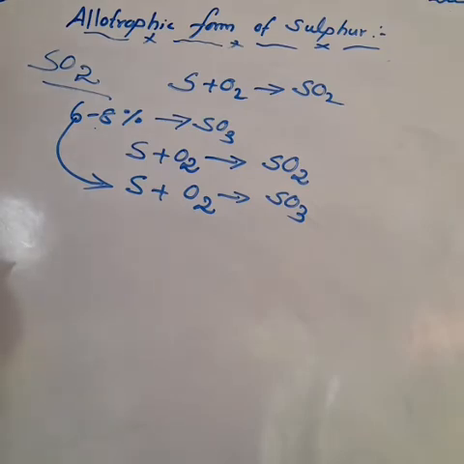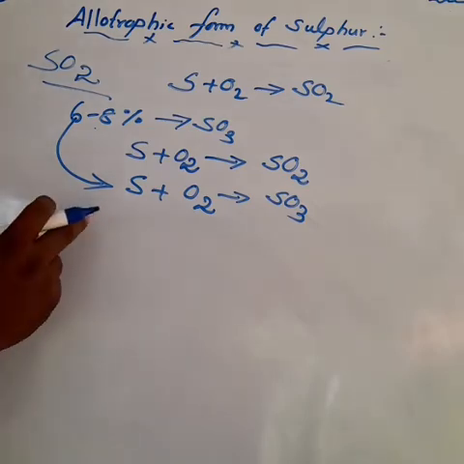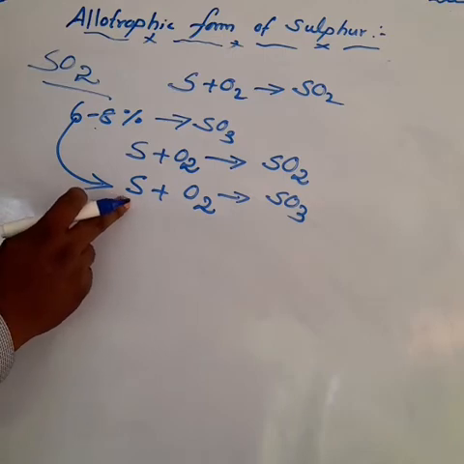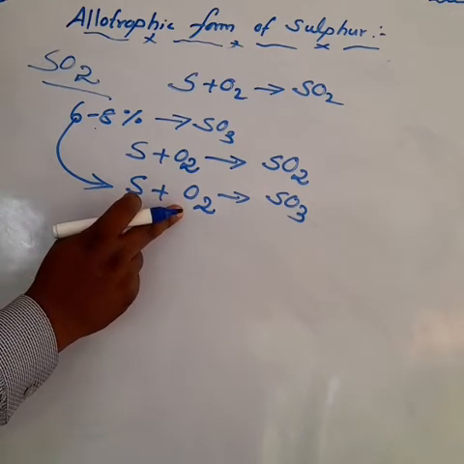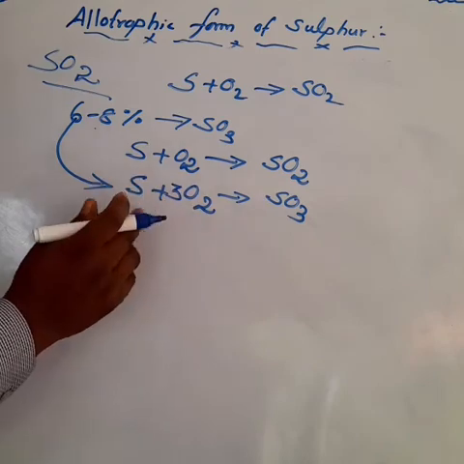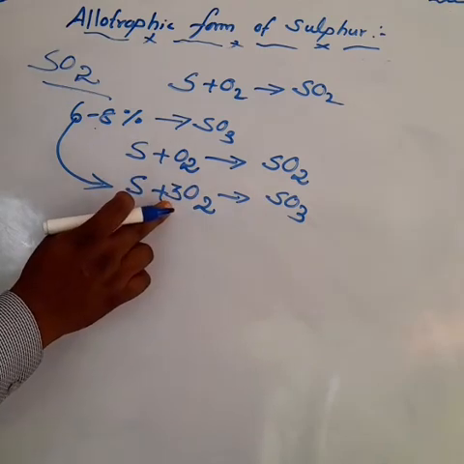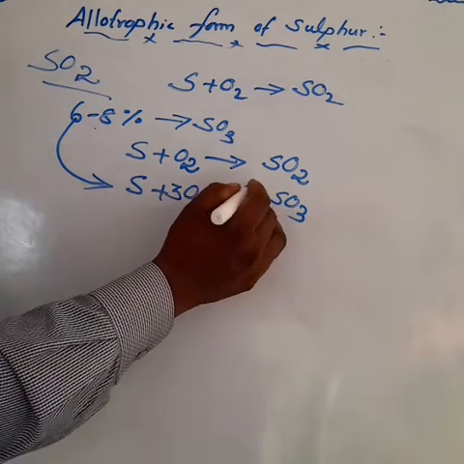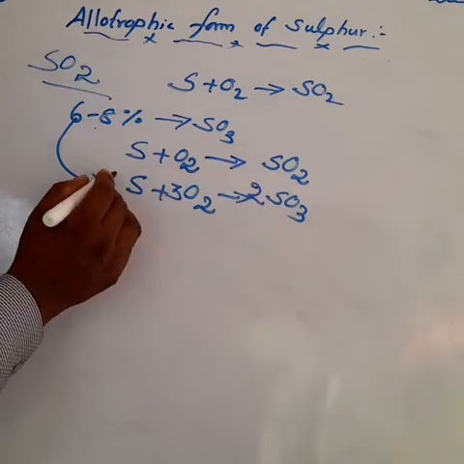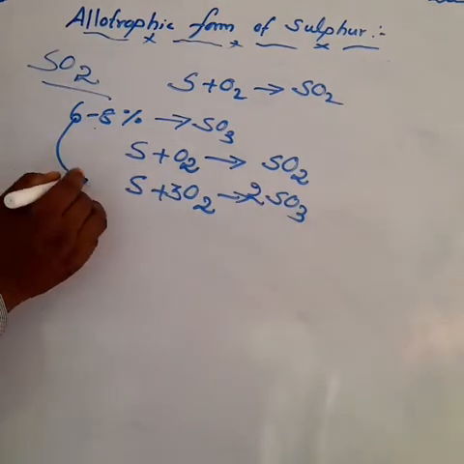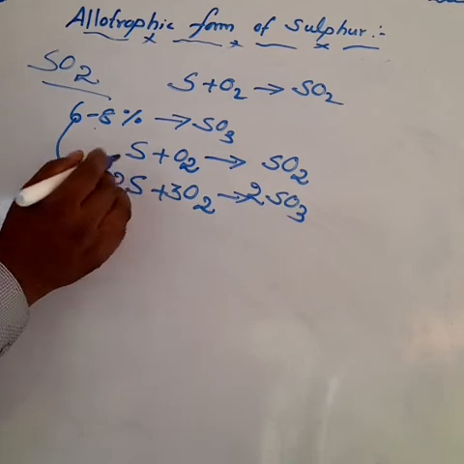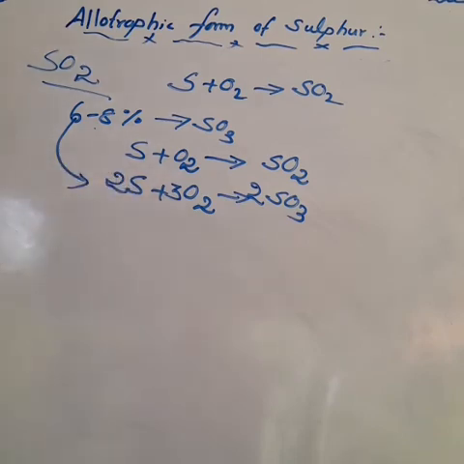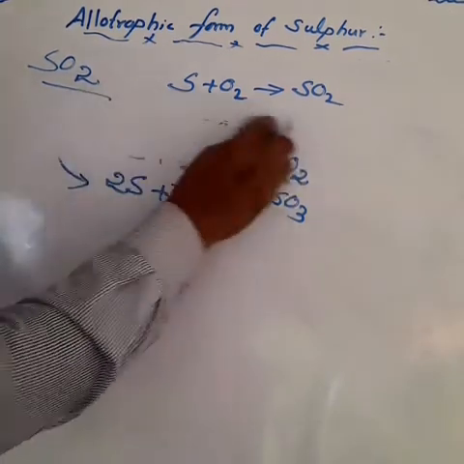Now we can balance the equation. In the reactant side, the oxygen molecule, if you make it 3, 3 2s are 6. So the product side we can convert into 2 sulfur trioxide. So 2 sulfur is there in the product side, make it the reactant side 2 sulfur. Now the equation is balanced.